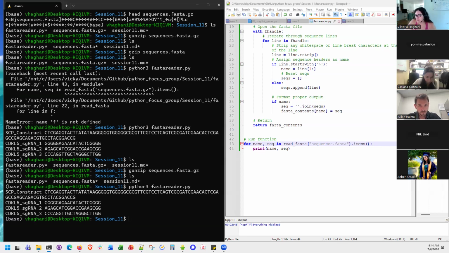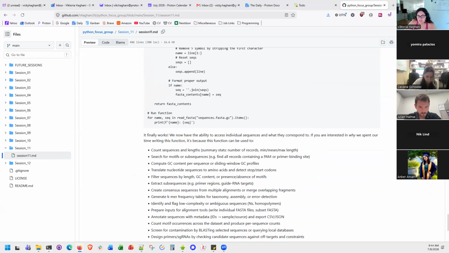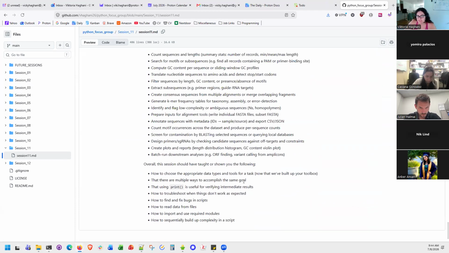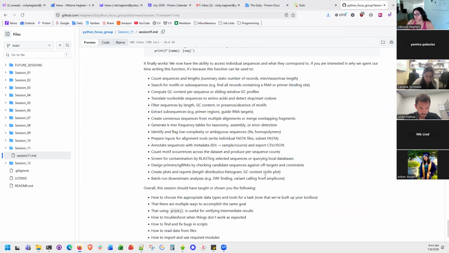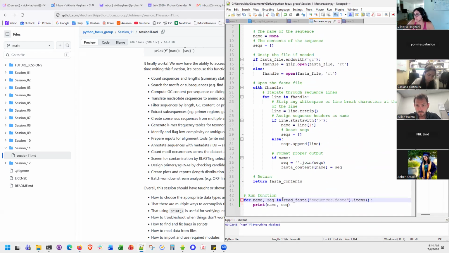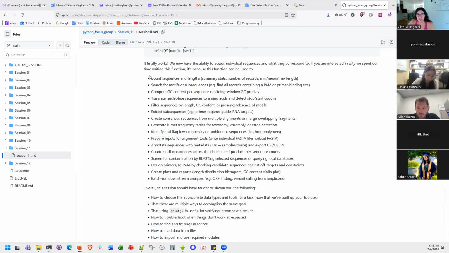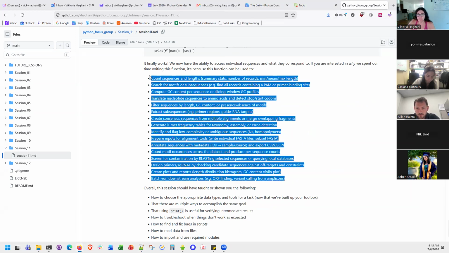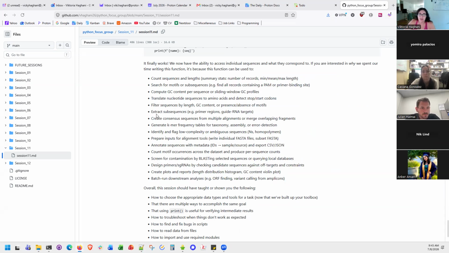So basically, I'm now going to transition to giving you some more biological insights here. We finished our function. This function is an actual function that in its finalized form you can use for all sorts of things. This is the read in the file and iterate through, and it gives you the name of the sequences. So I've listed a bunch of different examples here on what you can do with this function. And this is actually a function I learned how to write years ago and have used in many cases since. So you can create consensus sequences,